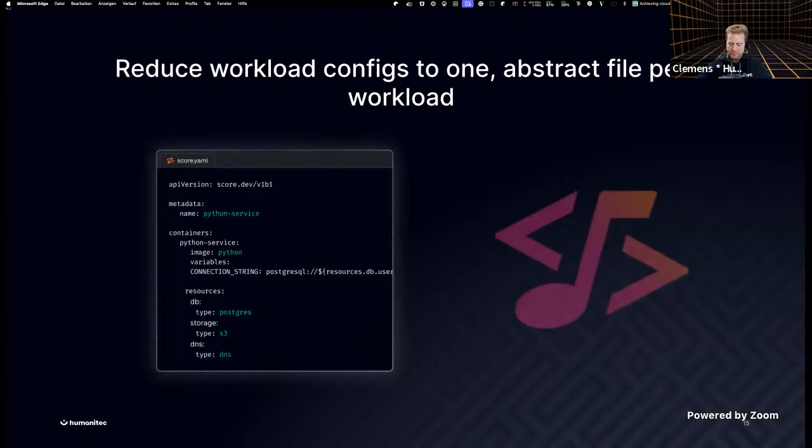And it is, as a notation, different to ones you might already know in a way that it is written by developers for developers, with the developer concerns in mind. It is not infrastructure driven. It has a clear focus on how the developer can best specify what his workload needs to have inside of a runtime environment so it can actually work in the way it was intended. Nothing less, but also nothing more. So possibly a different level of abstraction than what you're used to.